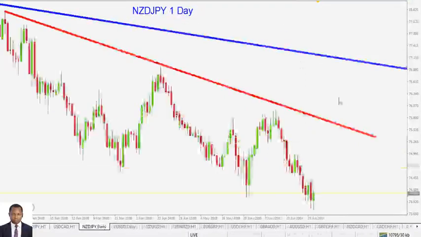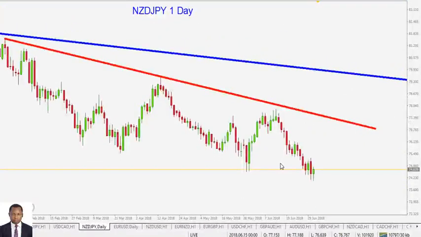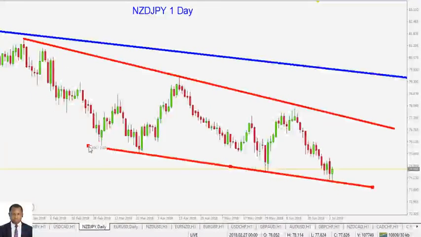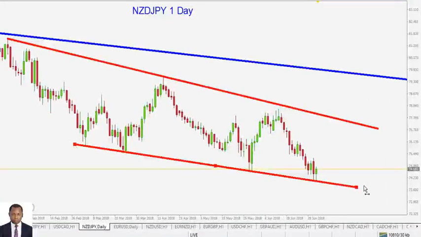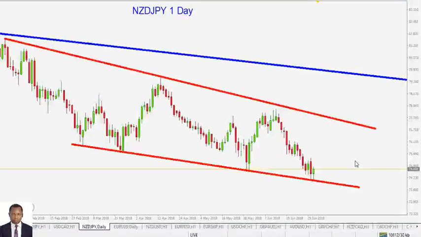Okay, if you look into the daily time frame in this pair, the New Zealand dollar against the Japanese yen, try to connect all of these lows. I think we have analyzed this pair before. Connect all of those lows. Let's do that. All right, you will see how price reacted off that level of support. This is support here, and support there. Price is reacting off that level of support. You should not be hitting your sell button against this level.